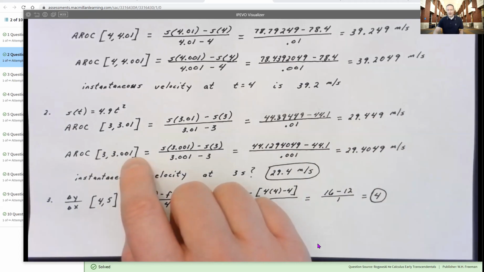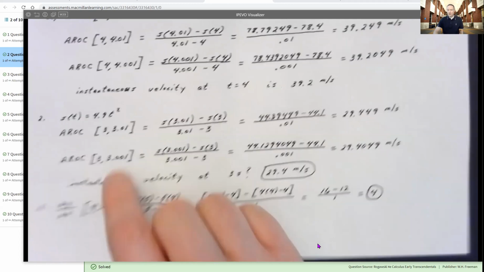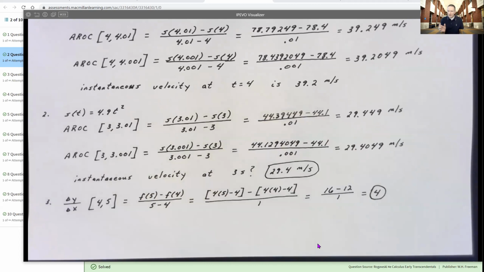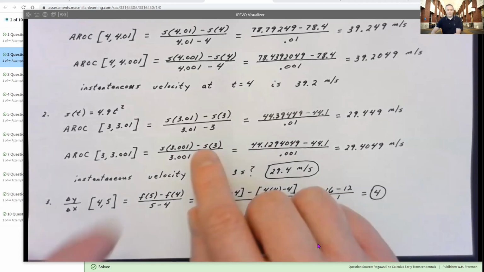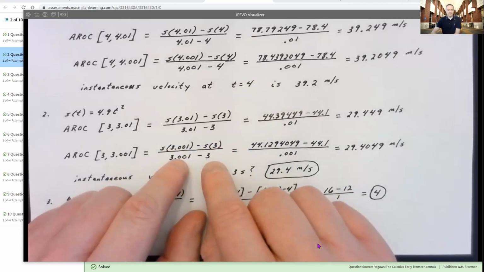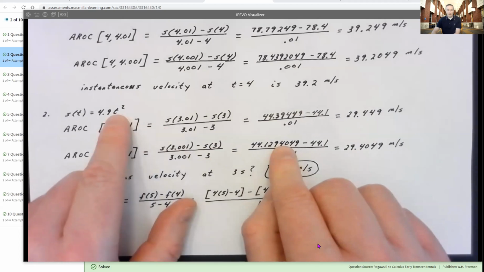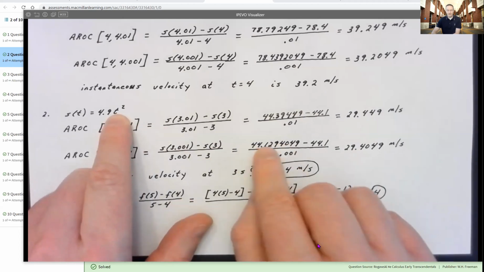And I can say, well, the average rate of change from 3 to 3.001. So now I'm finding the average rate of change over a 1/1000th of a second time differential. This should be a pretty accurate answer as to what the instantaneous rate of change at 3 is. When I try to do this, ending position minus beginning position divided by end time minus beginning time, when I plug that 3.001 into my equation up here, I got this